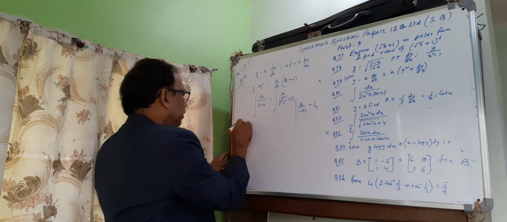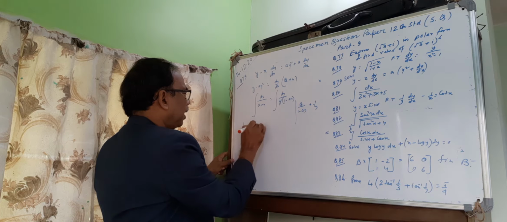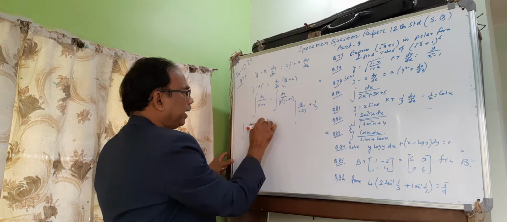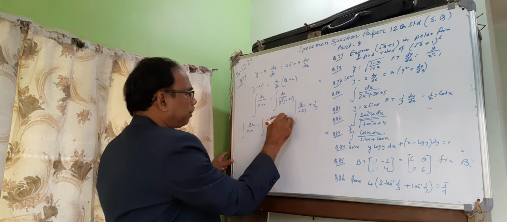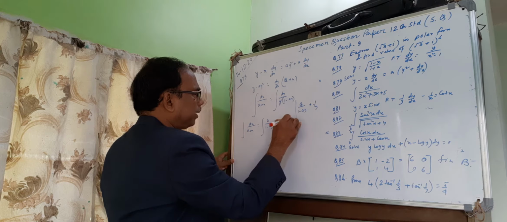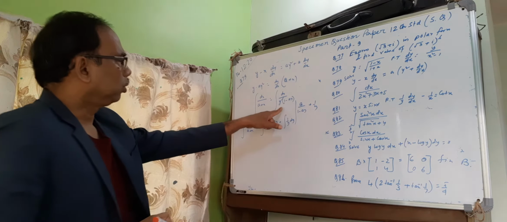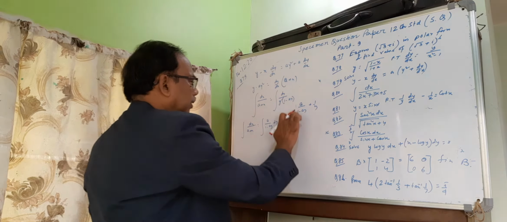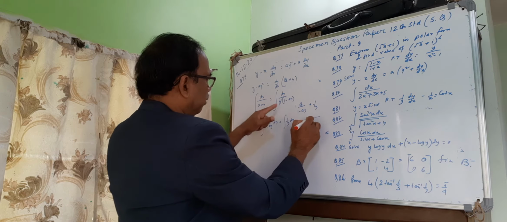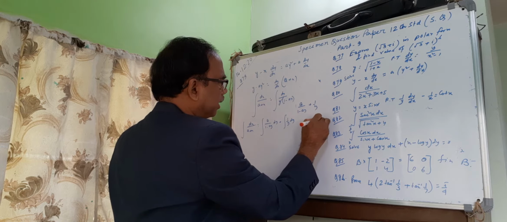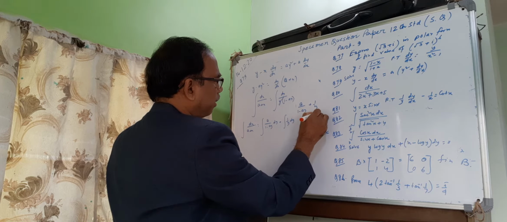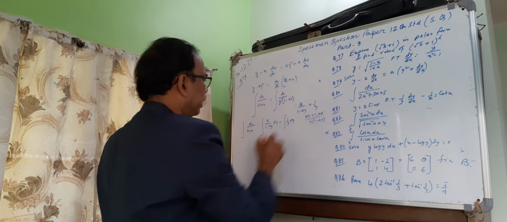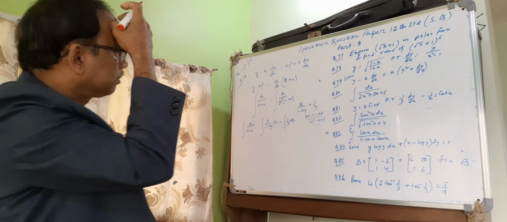Then the integration of dx by (a + x) equals a by (1 − ay) dy plus 1 by y dy. We break it. If you add these, ay plus 1 minus ay cancels, so it is proved.